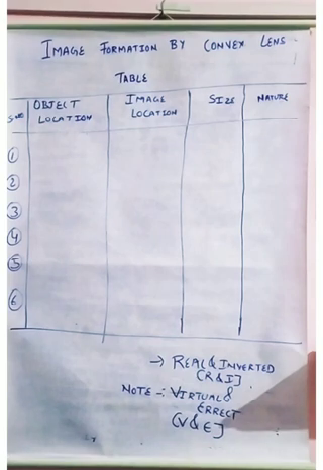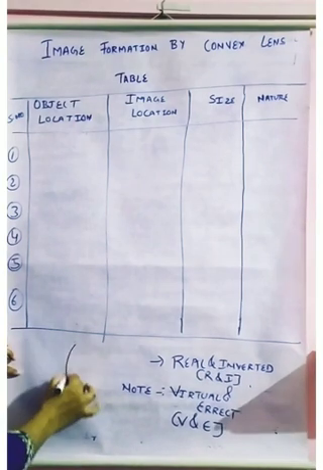Okay, so now in this video we are going to quickly summarize what we have seen in the previous two videos. This is the table which we have to remember. If you remember this, it is going to help you a lot. Understand how you can remember it this way.